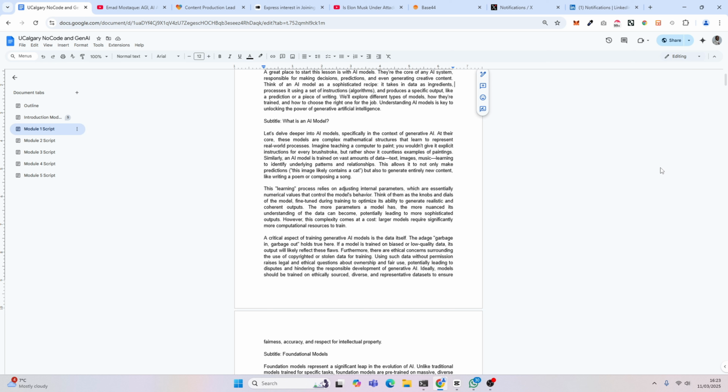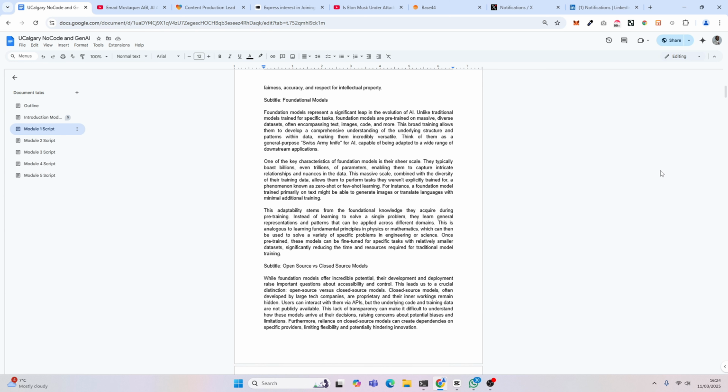Using such data without permission raises legal and ethical concerns about ownership and fair use, potentially leading to disputes and hindering the responsible development of generative AI. Ideally, models should be trained on ethically sourced, diverse, and representative datasets to ensure fairness, accuracy, and respect for intellectual